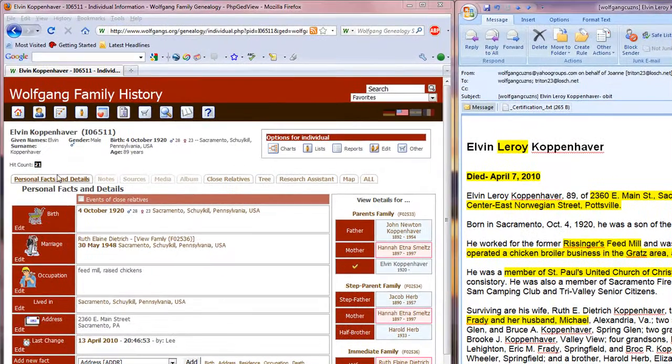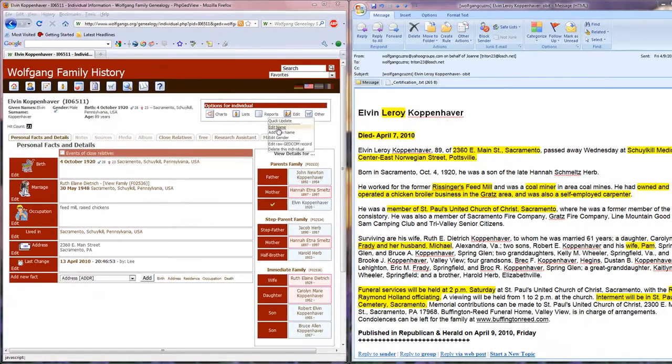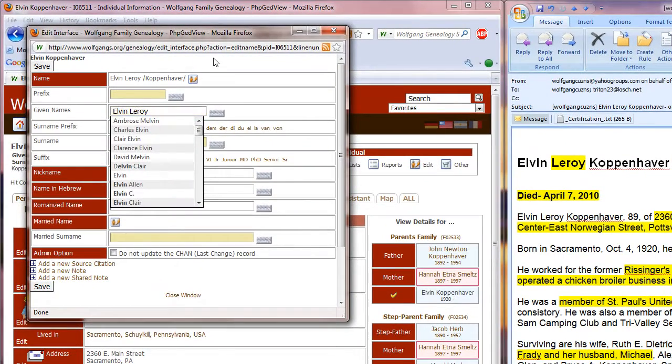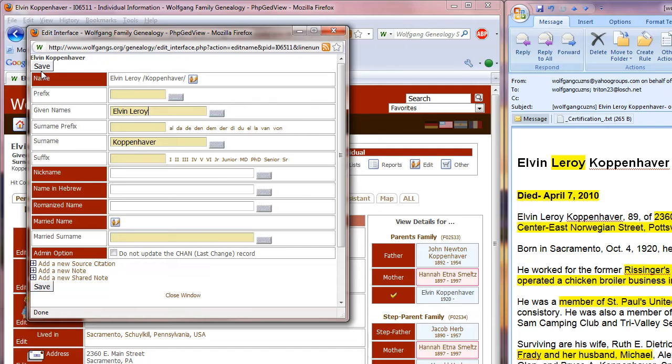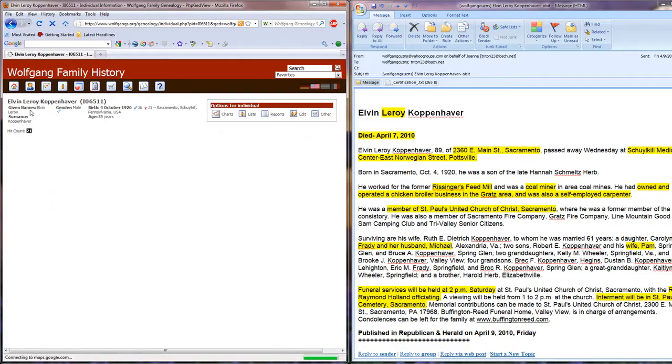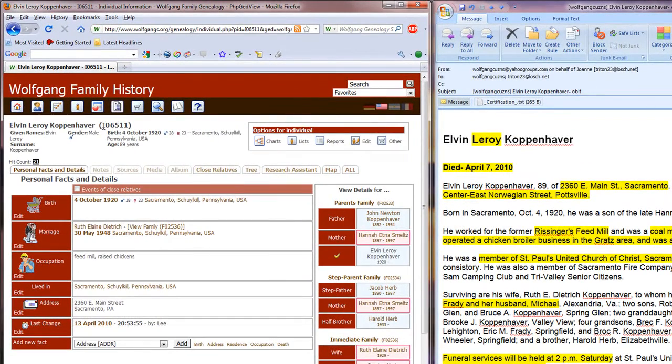First, we see that we do not have Elvin's middle name, so we can go to the options for individual menu in the online database, go to the edit button and click edit name, and go down to the given name box and add his middle name. Now when you close an edit interface, you have to either click the save or add buttons that appear on the left side of the screen, otherwise your changes will not be recorded. So we click save and you'll see that the screen refreshes and we now have Elvin's middle name at the